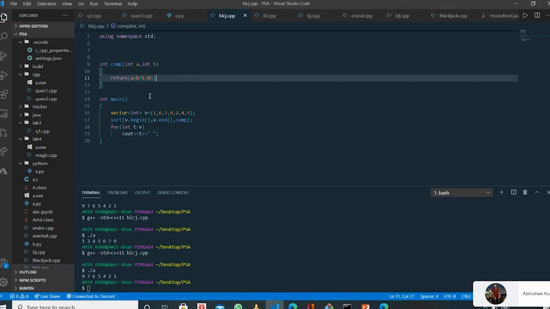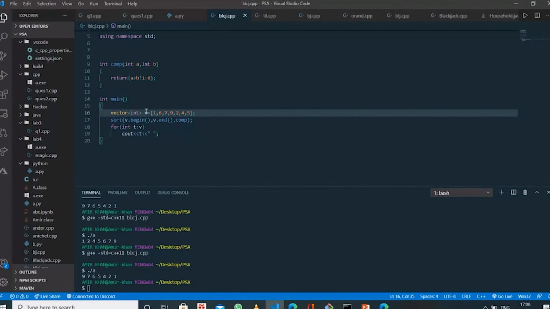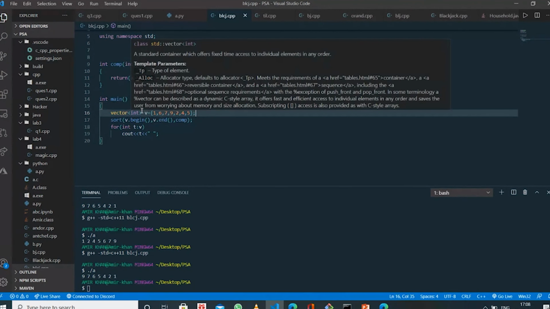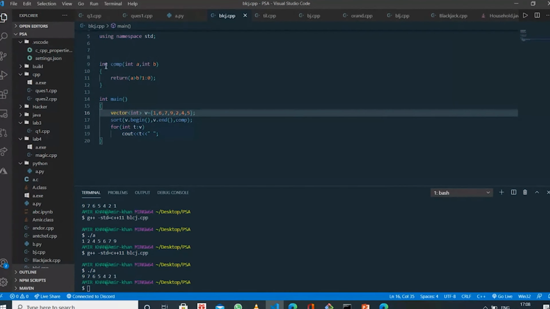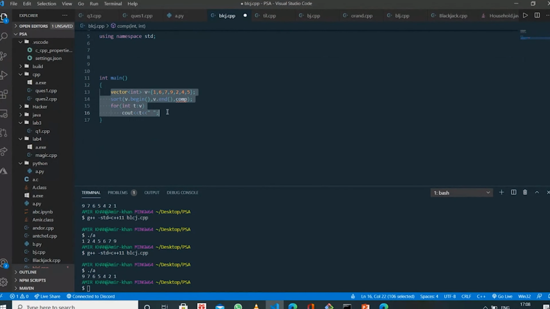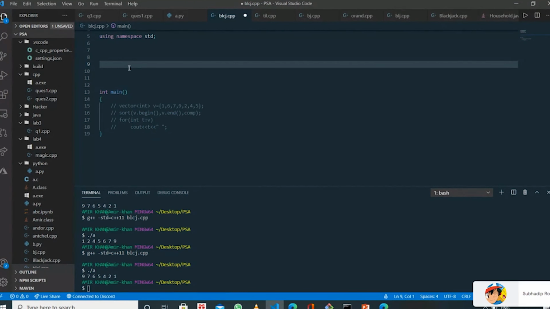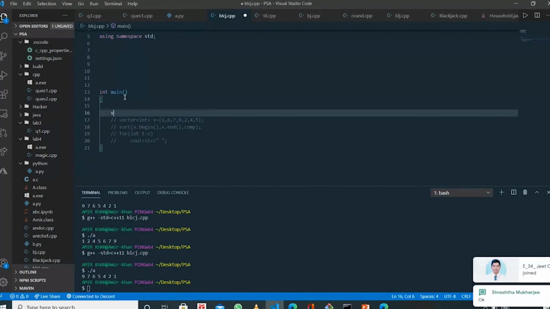So it's not necessary that you can sort only a vector of integers or characters or strings, but you can also sort a vector of your objects, your class object type. So let's say you made a vector of pairs.